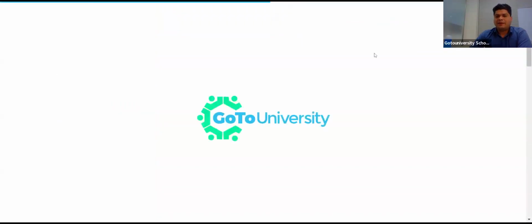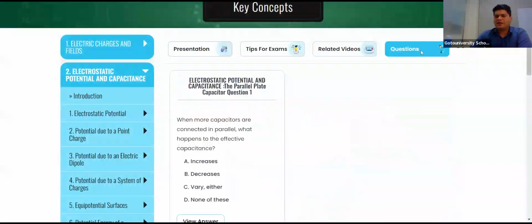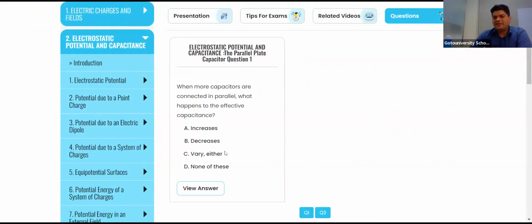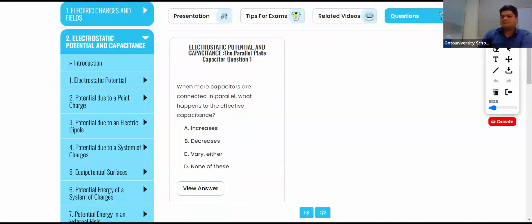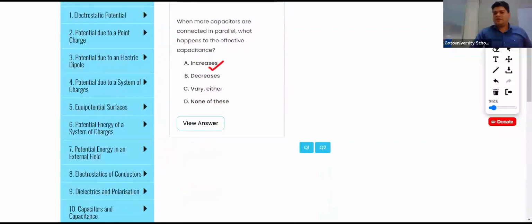Yes, parallel plate capacitor, the same thing I told you. Now I am going to ask this question. When more capacitors are connected in parallel, what happens to the effective capacitance? Now I am sure that you will be able to answer the question. Tell me, will it increase or decrease? In series, it will decrease. In parallel, it will not decrease, it will increase. Option A. Okay, then